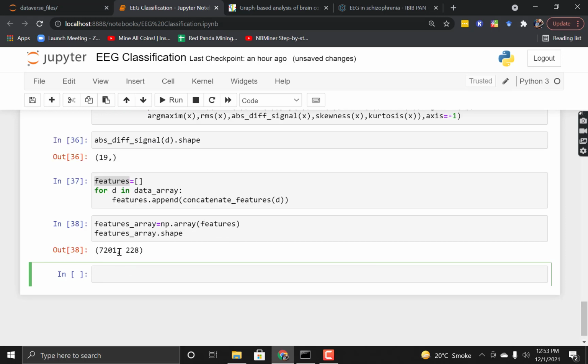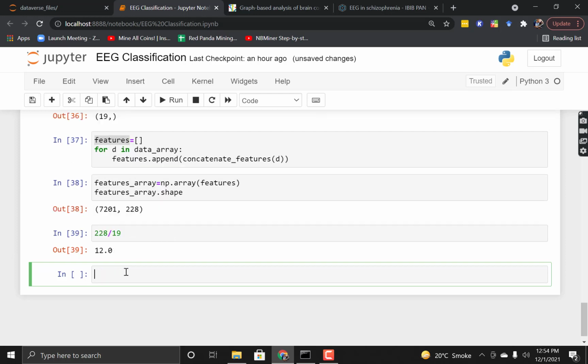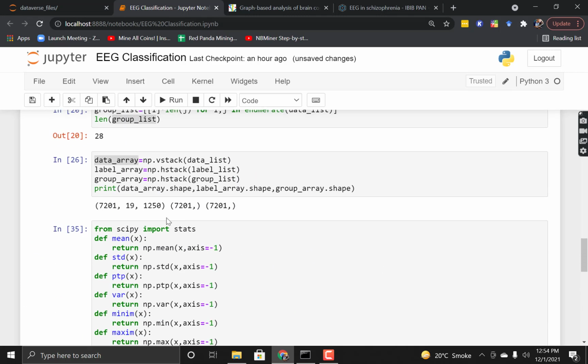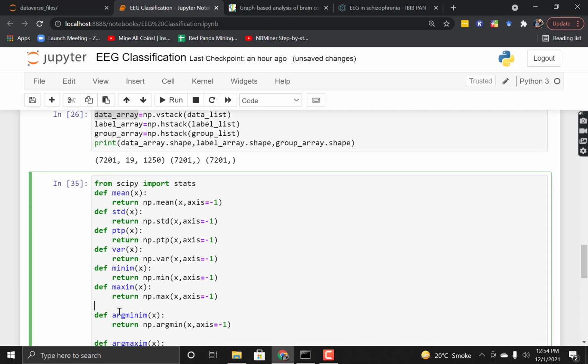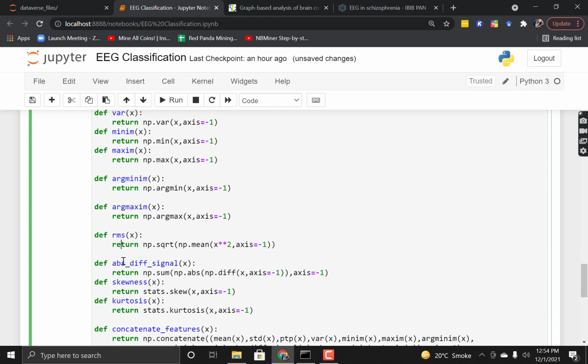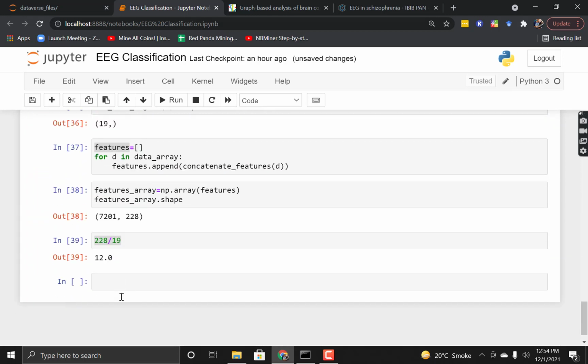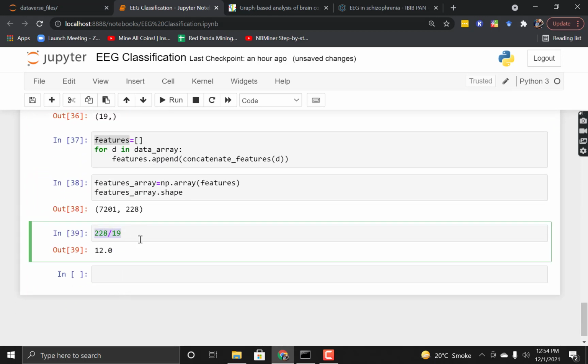It's 7201 by 228. So let's see how we get 228. We have 19 channels, I believe. 228 divided by 19, so we have 12 features which we have used for the purpose of classification. Let's see, 1 2 3 4 5 6 7 8 9 10 11 12. We have 12 features for the classification.